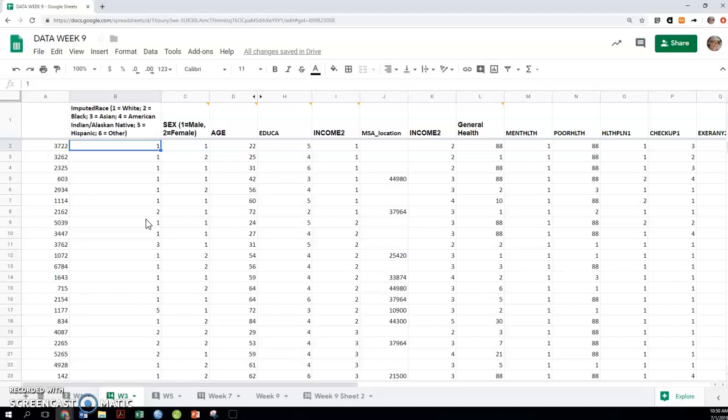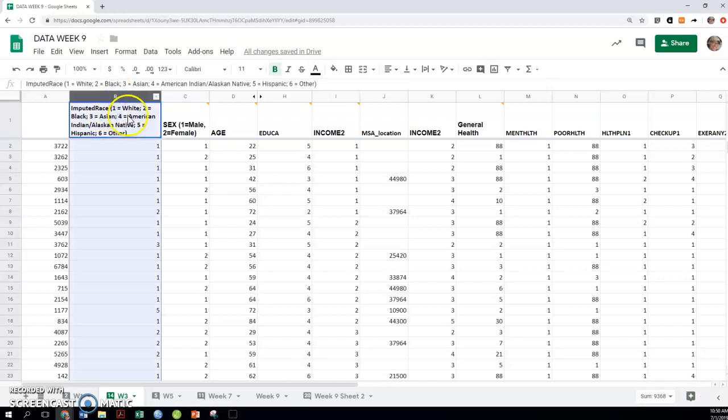What about categorical data? Let's take something like race. This data set here has 6 different types of races coded with numbers 1 through 6. Could we create a histogram with this? The answer is technically no, not a meaningful histogram. What we could do,